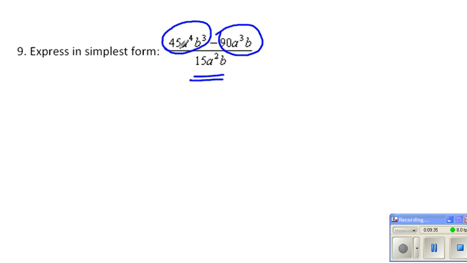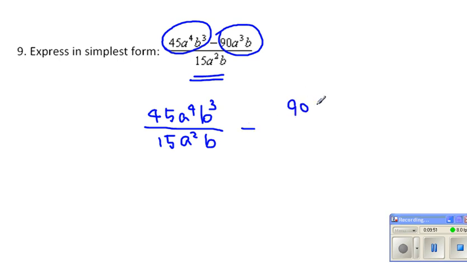So first, 45, so in other words, we will end up getting this one, 45a to the 4th power, and b to the 3rd power, all over 15a squared b, minus 90a cubed b, all over same denominator, 15a squared times b. Now, when you cancel out the first one,